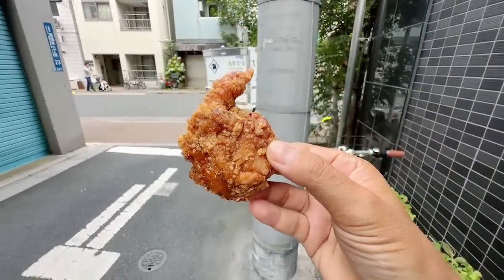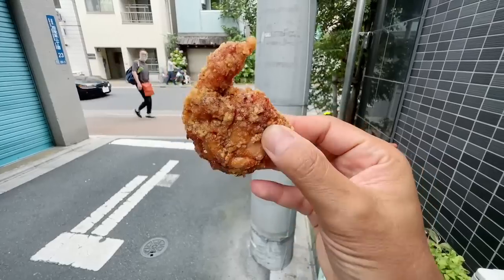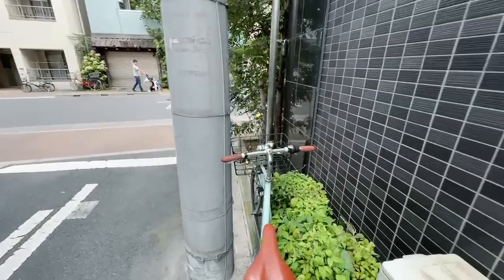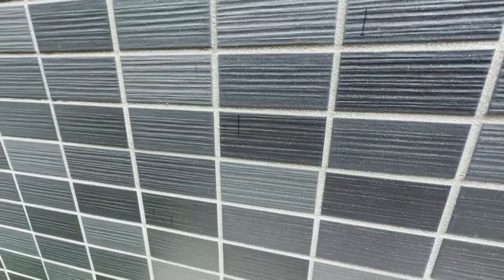All right, so what they asked me is if I wanted to have shio or shoyu. Shoyu is soy sauce and shio is salt. And I'm going to eat, I think this is soy sauce first. I mean, look at this thing here. This karaage is so beautiful. Oh my gosh. So this is what it is. This is a deep fried Japanese chicken. It's been battered and then deep fried and then smothered in the soy sauce. So you know it's salty, savory. And it's been, oh wow, this one is right out of the